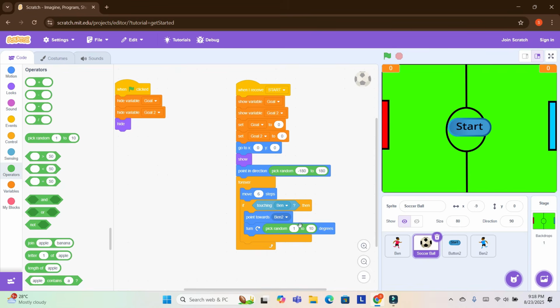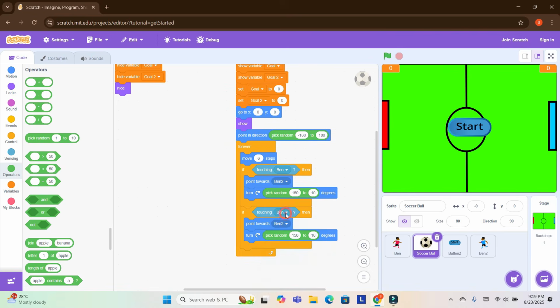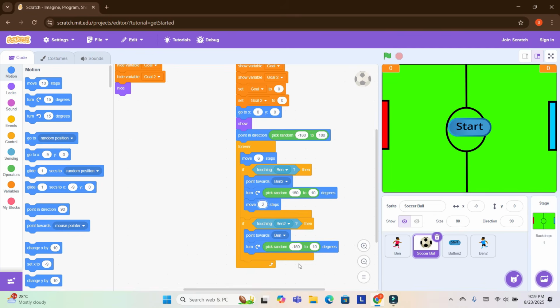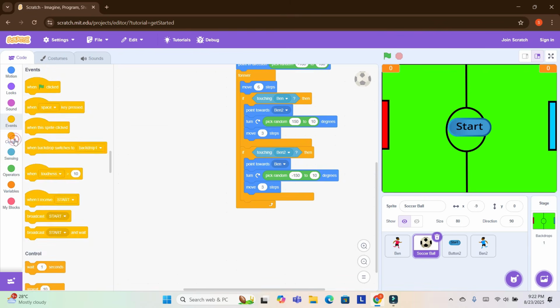I will take this 150 to 10, and I will copy this, and now I will put their band 2 and their band and their -150, and go to motion, and I will put here move 3 steps in both sides.